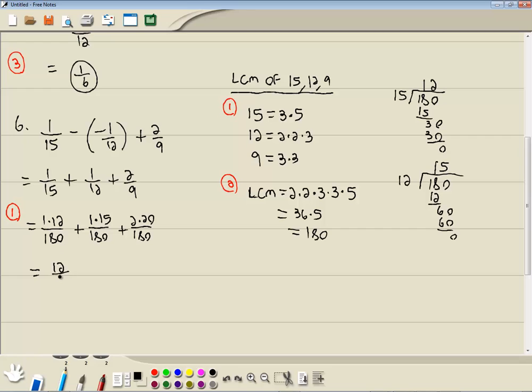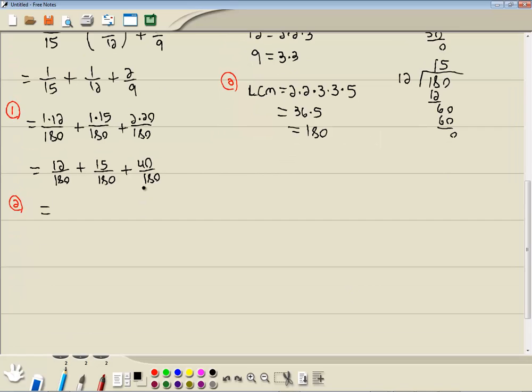1 times 12 is 12, so we got 12 over 180, plus 1 times 15 is 15 over 180, plus 2 times 20 is 40 over 180. And now we're ready for step 2. We got the same denominator, so we'll add or subtract the top parts. And I can do this all at once, I think. 12 plus 15 is 27, plus 40 is 67. Yeah, 67 over 180. Now, if I can think how to simplify this fraction,